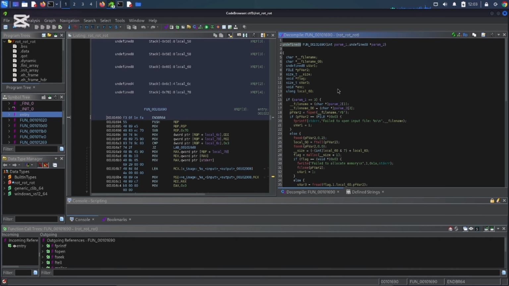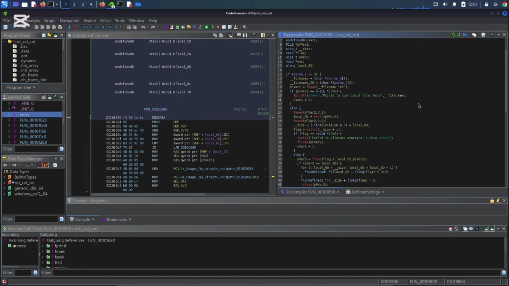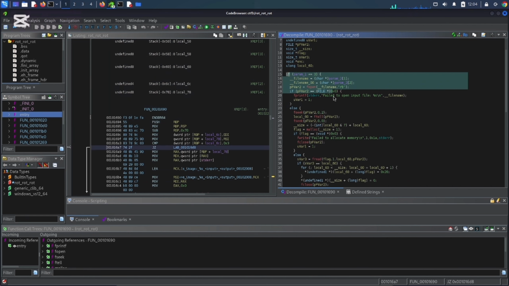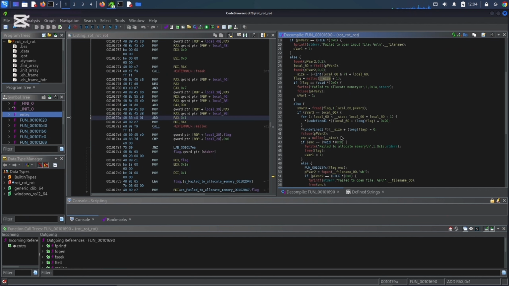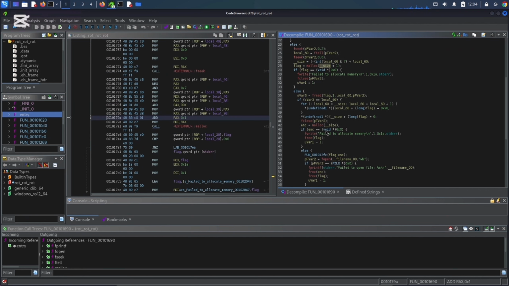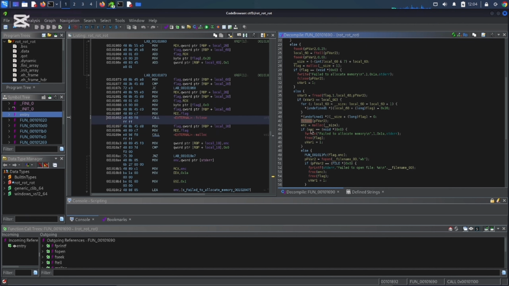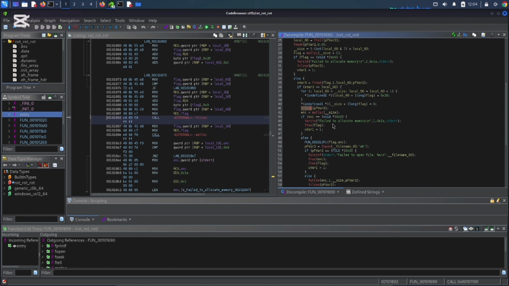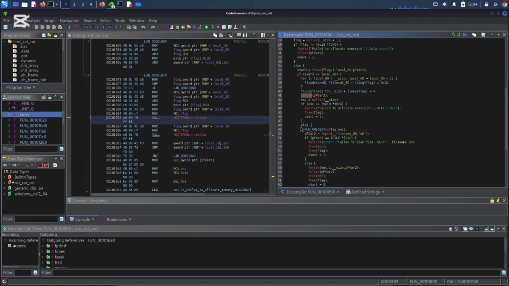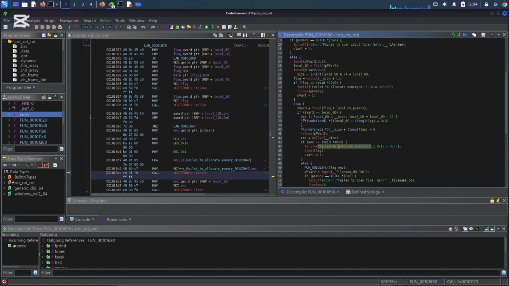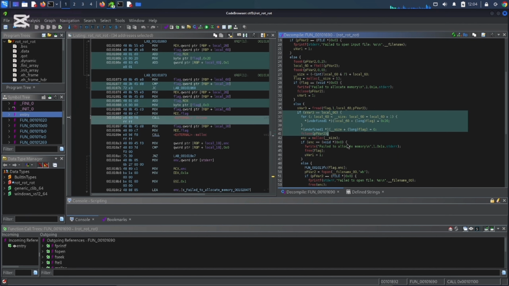I already saw this, and these all are the error checks. Here in this section we can see that